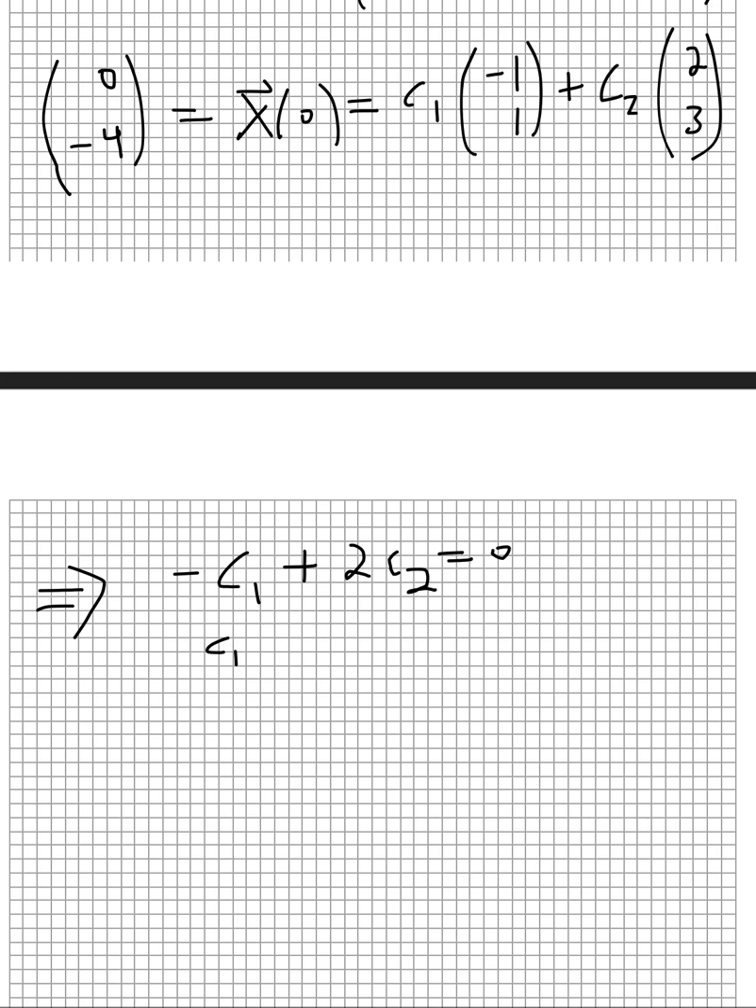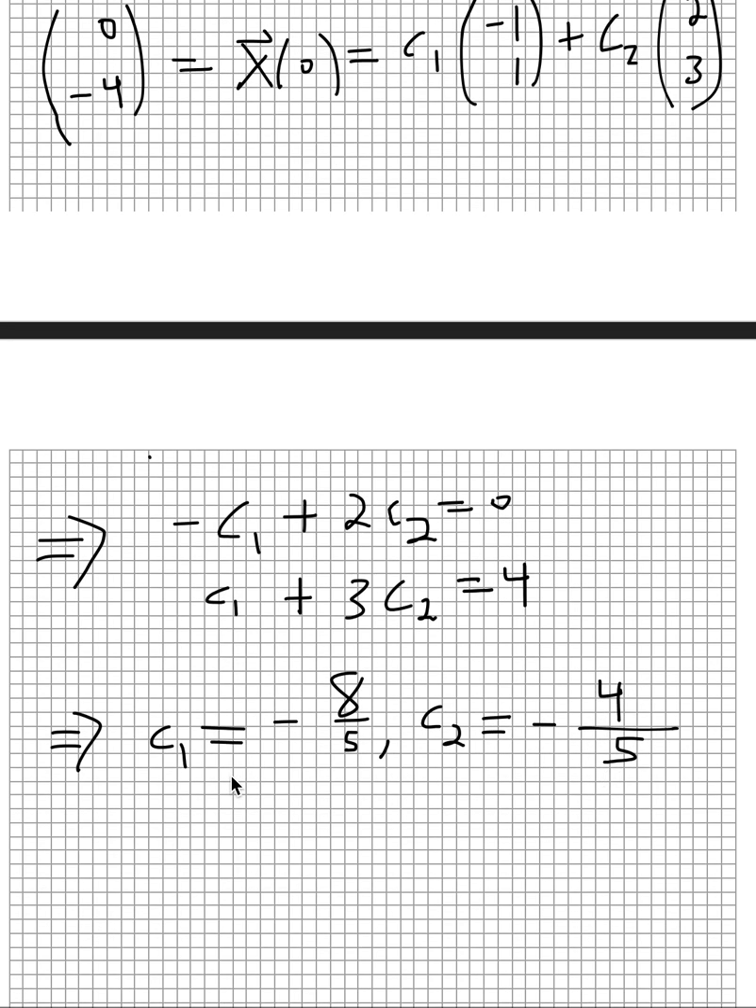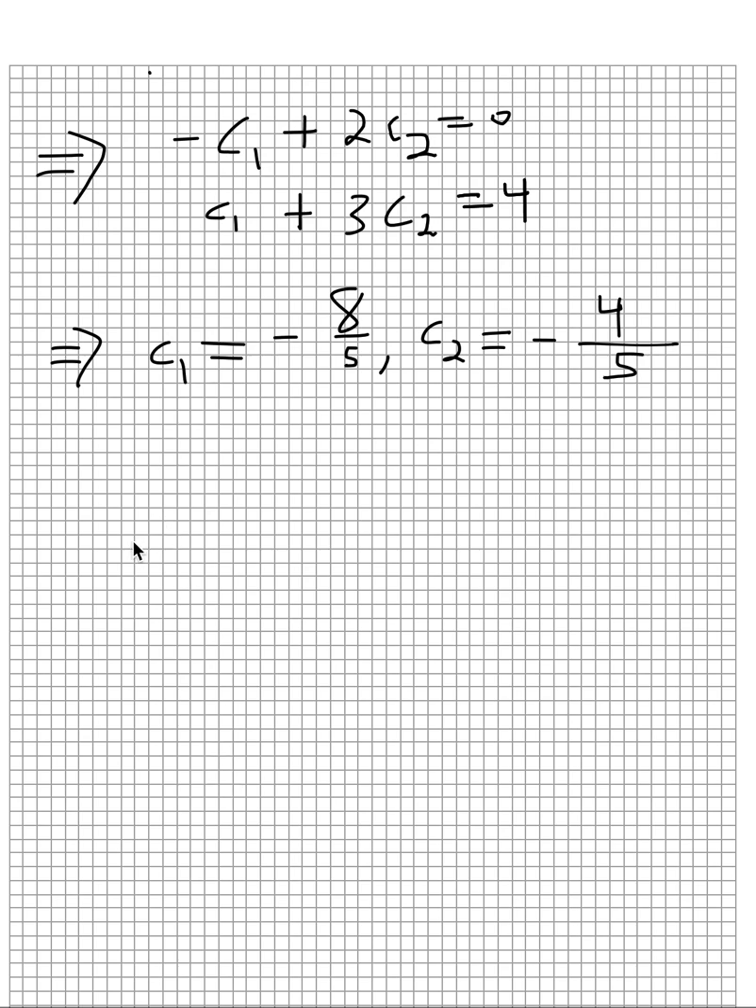3c2, which equals 4. And all of this implies, as you'll soon see, that c1, when you solve this, is -8/5, and c2 is equal to -4/5. So overall, the solution then becomes